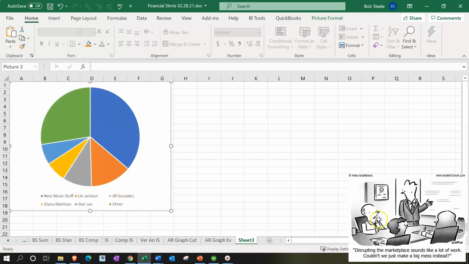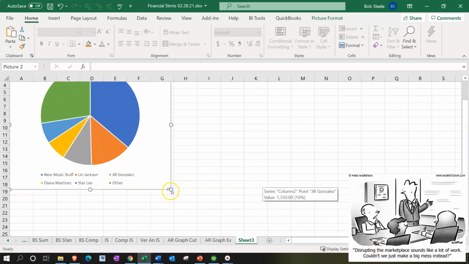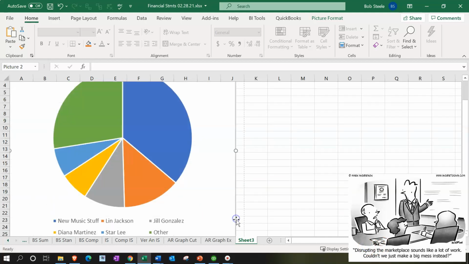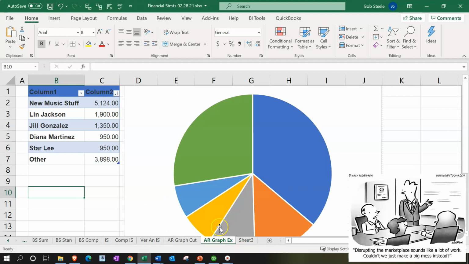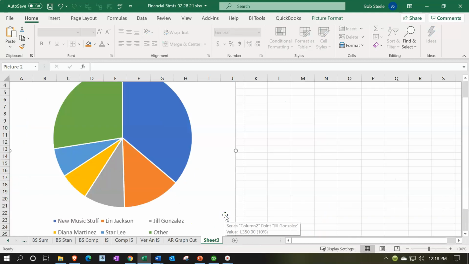So I'll just paste it as a picture there, go to the page layout and then back over. And then I'm going to make this as large as I can. And I could do that, but then this tab will be printing. If I don't want it printed, I can right click on this tab and then hide the tab. So then if I print the whole thing out, it'll print just this side and I still have the data